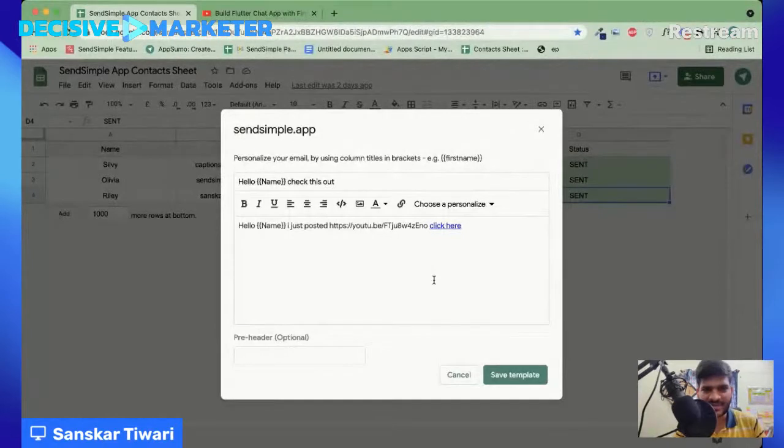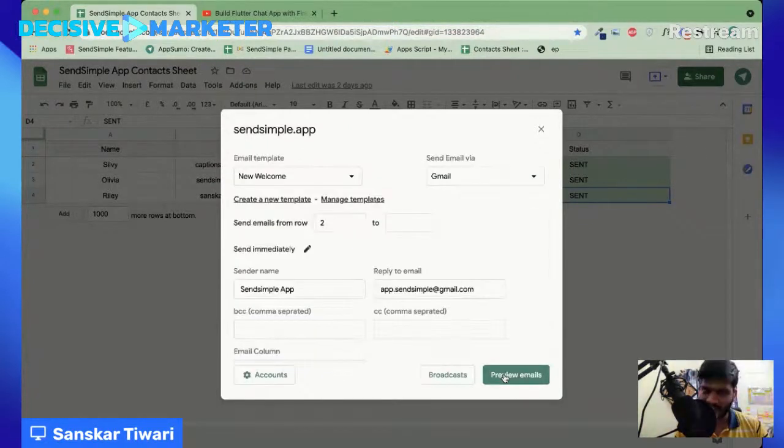If you want to make it something to clear more stuff, right? You don't have enough space on your subject. You want to clear something more so that he or she will be more interested in opening the email. So in that case, you can write a pre-header for that. So I'm just going to write something like pre-header to this testing email. I'll show you how it looks. So this is there. I'm going to click on save template. And once I save the template, it should automatically be selected. So as you can see, it's selected.